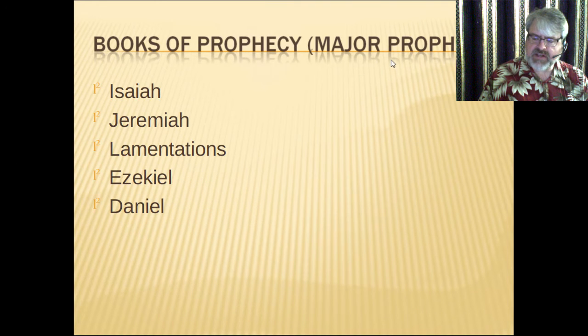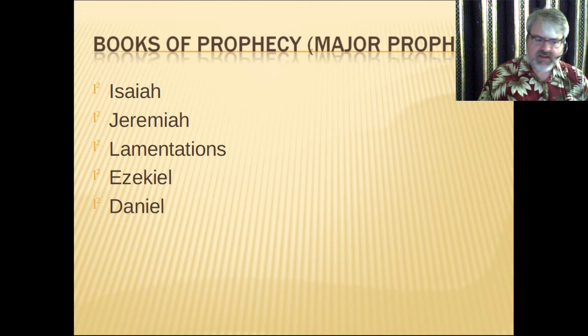Books of prophecy. Now these are the major prophets, and major means they have a lot of material. Isaiah is the longest at 66 chapters. Jeremiah 52, Lamentations at 5. I think Ezekiel has 42, and then Daniel has 12 or 14, something like that. So Daniel is especially short, with the exception of Lamentations, but all of these have a lot to say